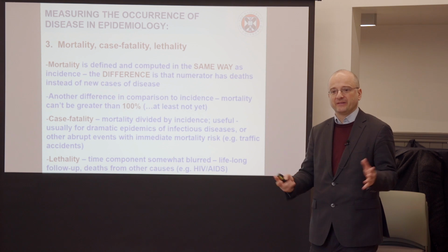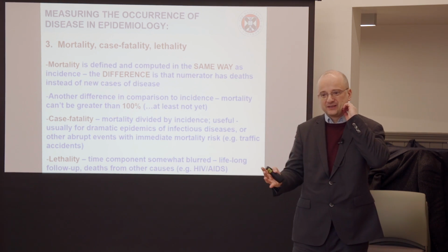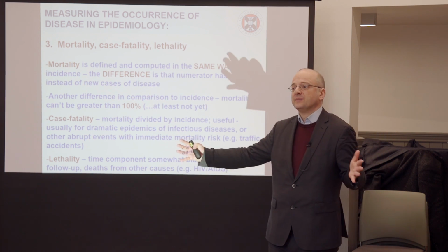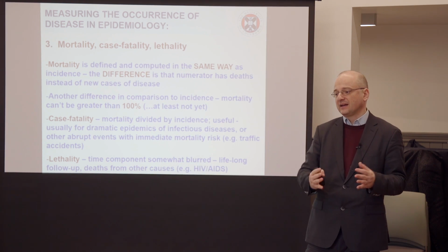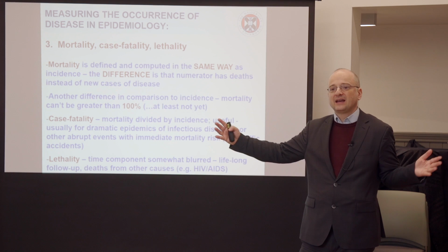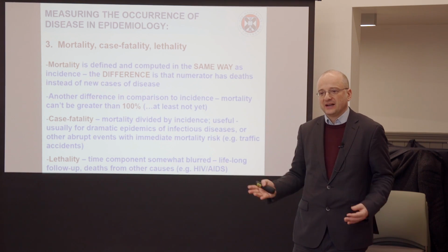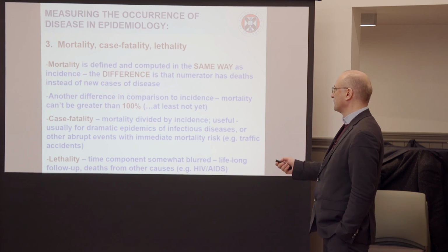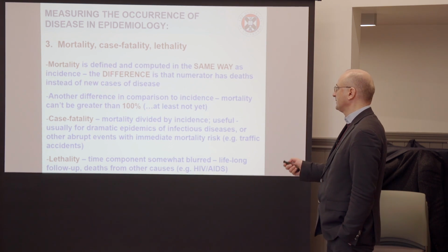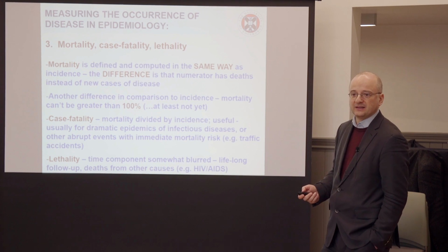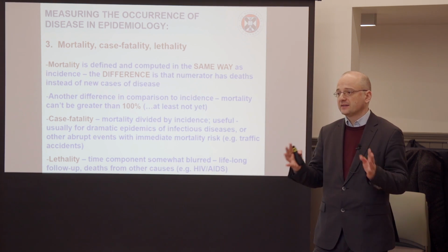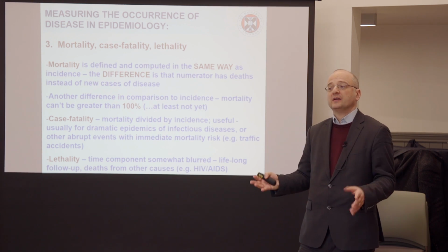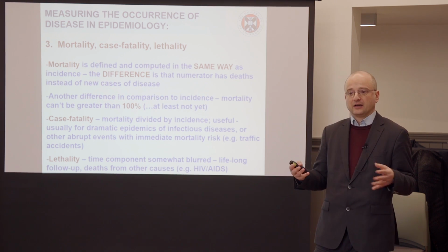So this is different from prevalence, because in prevalence you can either have a disease or not at one point in time. But here it is about death being an event which can only happen once in any given amount of time. So mortality can, but otherwise it's basically measured and computed in the same way as incidence. You take some people at the start and you let the time run, and you're measuring the intensity over time